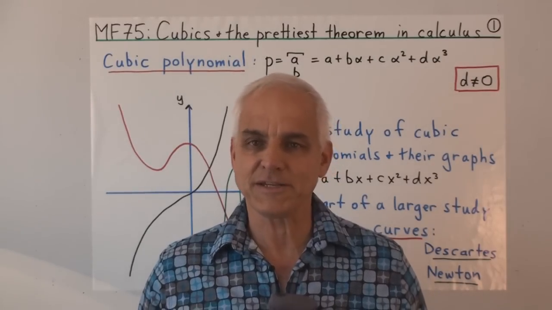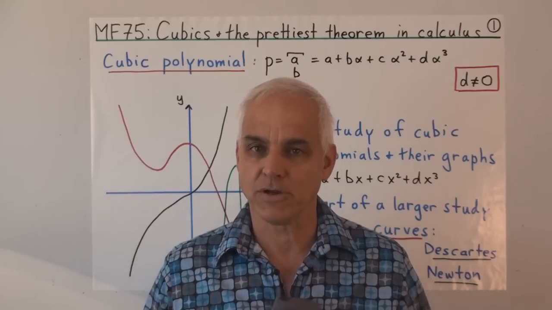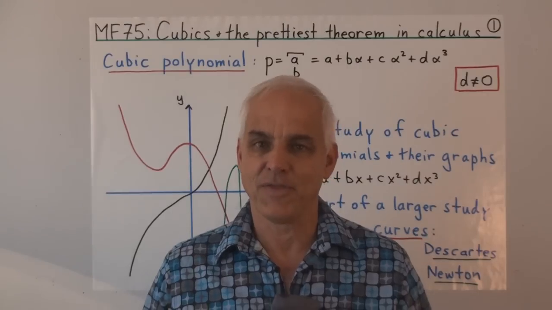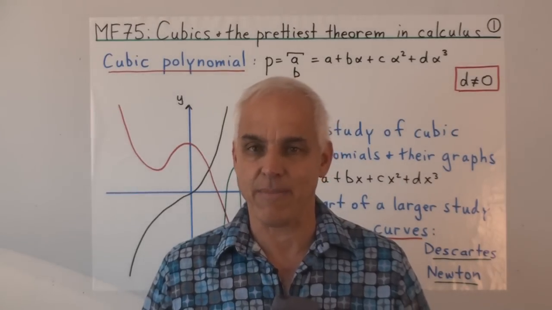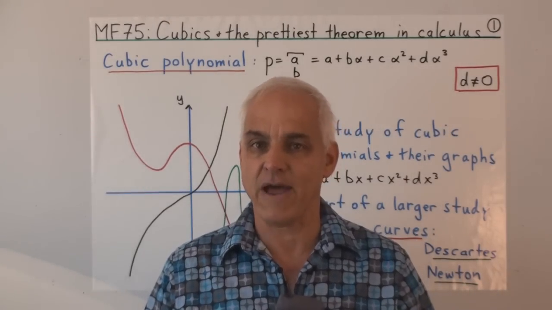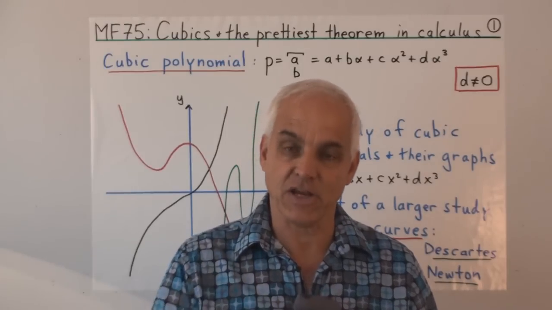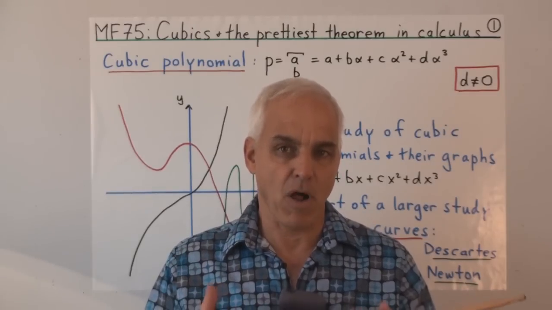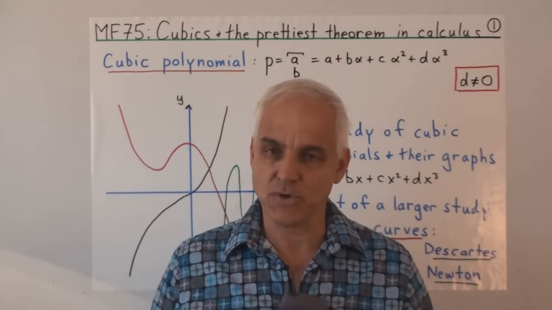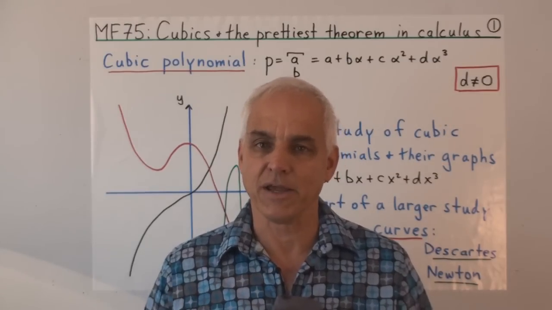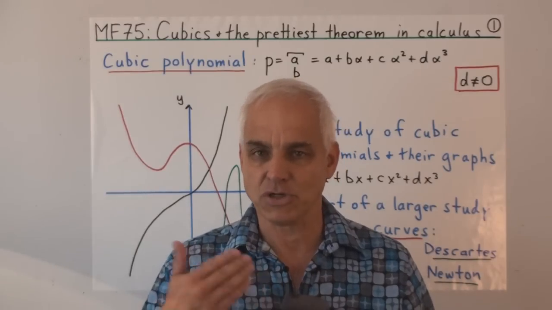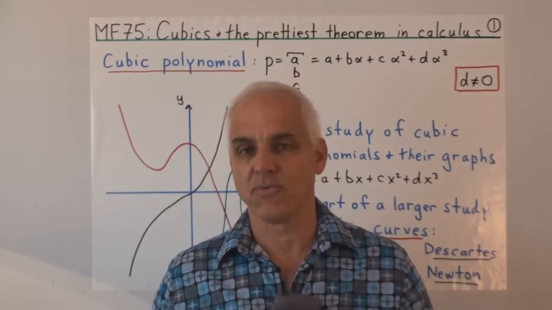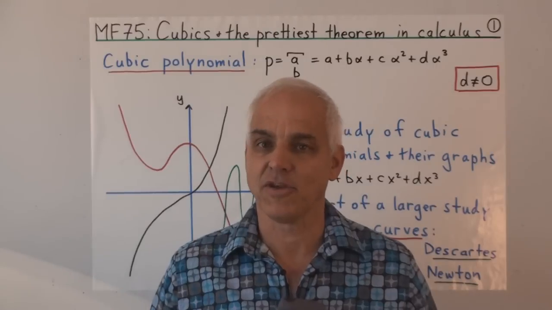Today we're going to look at the prettiest theorem in calculus, which is a theorem about cubic curves, or cubic polynomials. This is one of a series of foundational lectures in mathematics where I'm trying to establish proper logical foundations for the subject. And in the last few videos we've been talking about calculus in a very elementary setting, the setting of polynomials. So it turns out that we can do calculus this way purely algebraically without any notions of limits, without any notions of real numbers, and complete precision of thought. We're now going to reap the rewards by studying this beautiful theorem.